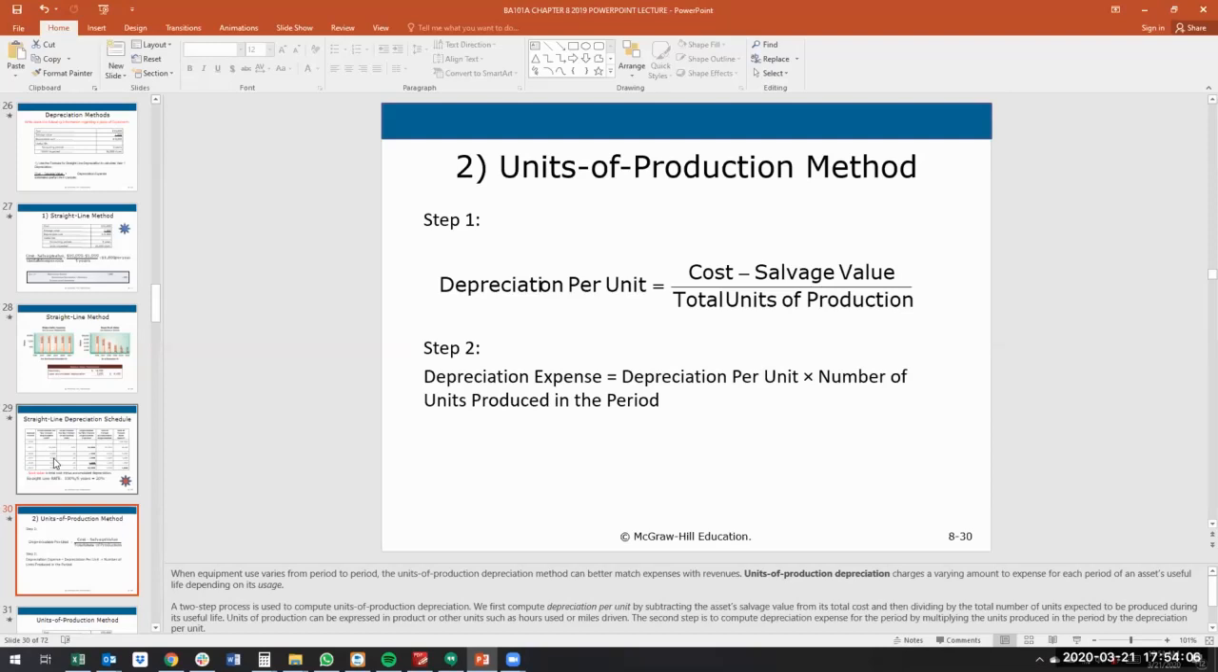So many companies do straight line because they think that best represents how expenses are recognized. But some companies, namely manufacturing companies who make, let's say, books or shoes, may determine that time isn't the best indicator because their machinery may have a useful life based on the number of shoes or the number of products